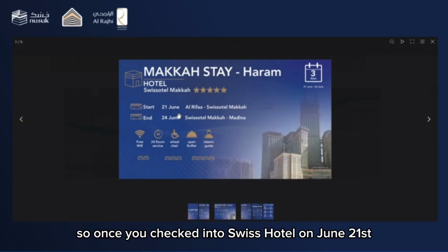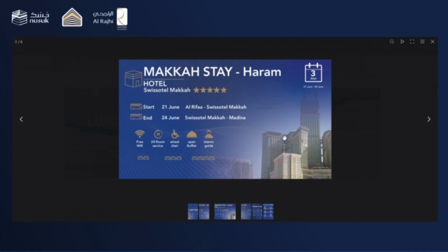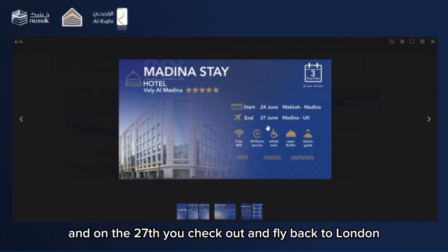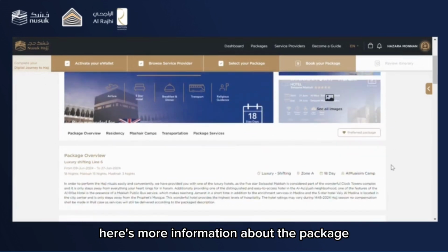So once you've checked into Swiss Hotel Mecca on the 21st of June, you check out on the 24th of June and head to Medina. And then on the 24th you check into Valley Al Medina, and on the 27th you check out and fly back to London. So that's the itinerary. Here's more information about the package,